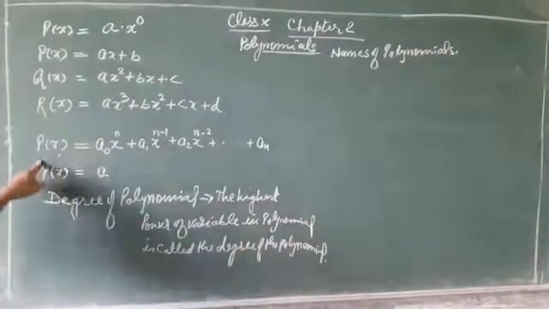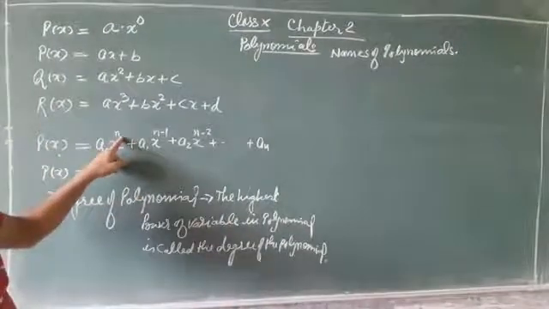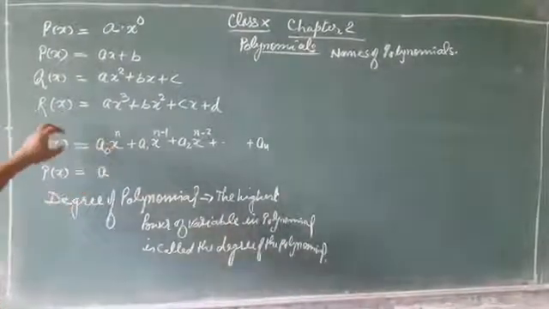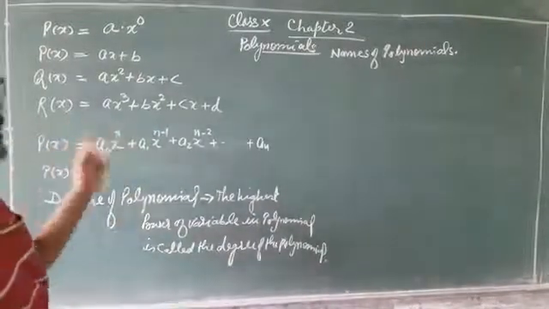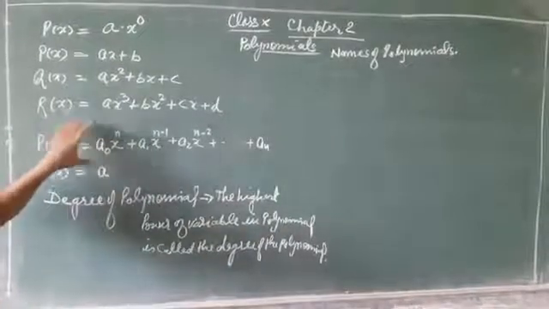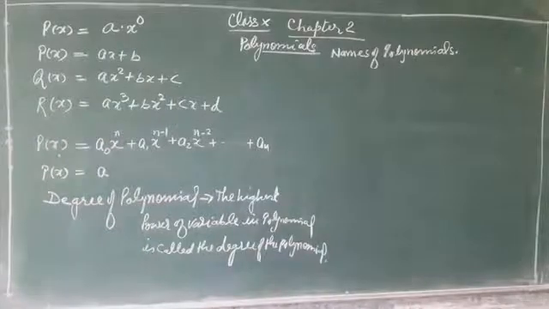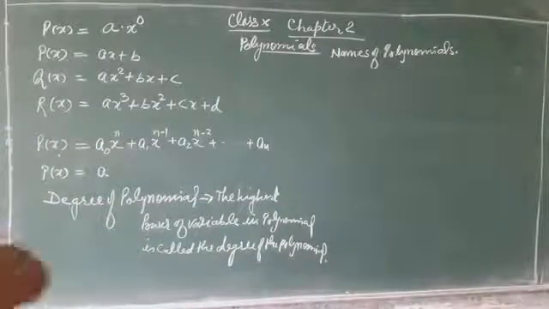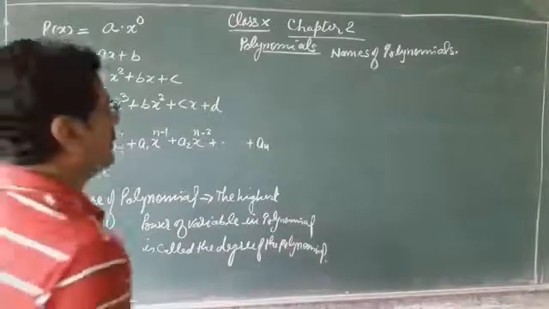Here in this polynomial the highest power of variable is n, so we call it a polynomial of degree n. Polynomial of degree n means a polynomial in which the highest power of variable is n. So if we make a table